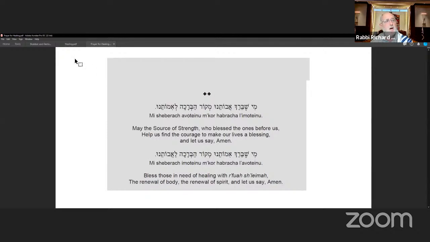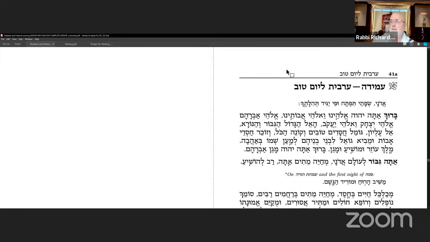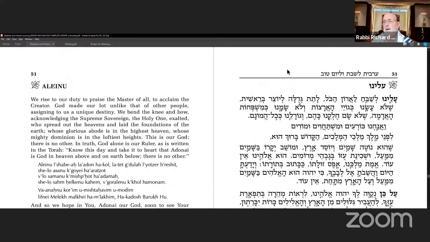Mi Shebeirach Imotenu, Mekor HaBracha, Avotenu. Bless those in need of healing with refuah shlema, the renewal of body, the renewal of spirit, and let us say